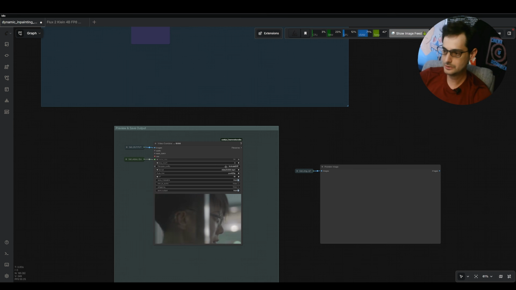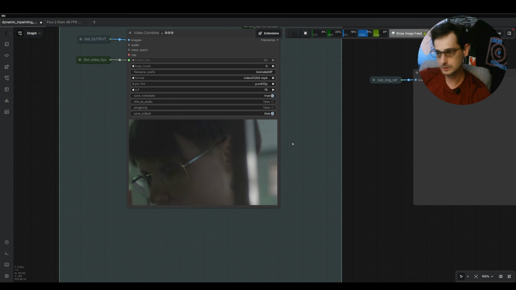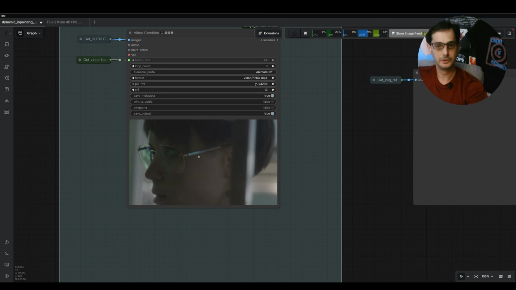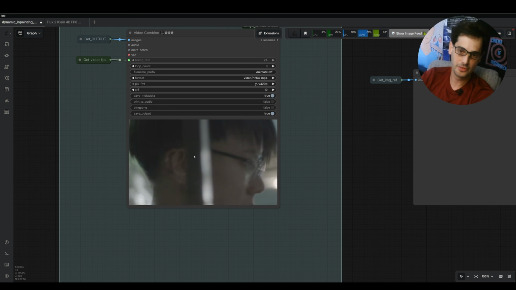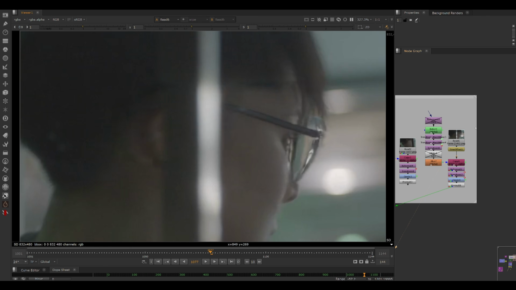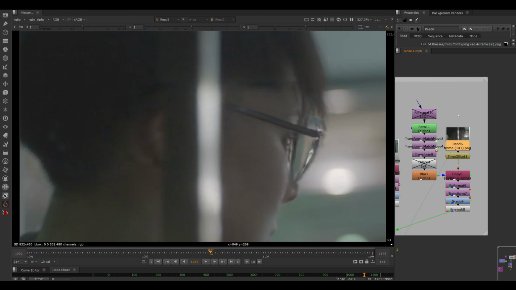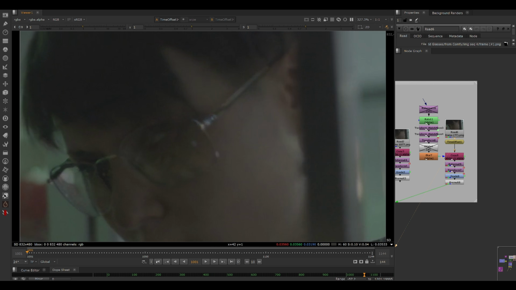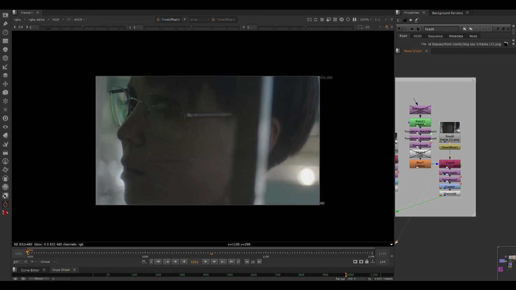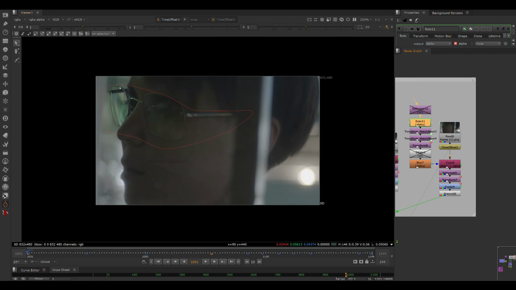And then we just render it and we get the result here. And it's fine, but it's not perfect. We need to continue working on it. So let's go back to Nuke and composite that on the original footage. Okay, back here in Nuke, I read the original footage. I do some time offset because I start at frame 1001 here. I use this rotoshape, which is the same mask from before, but without the dilate, so now it's tighter around